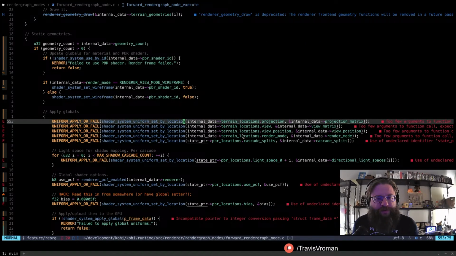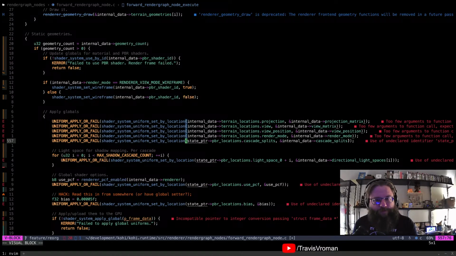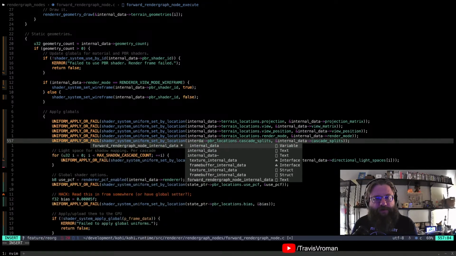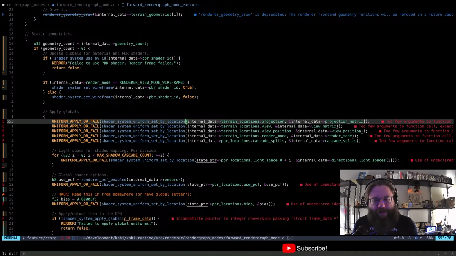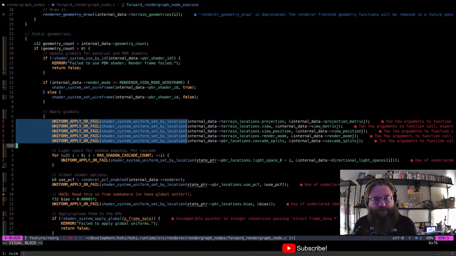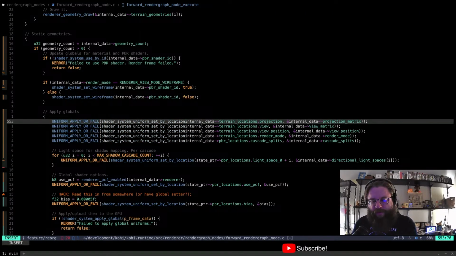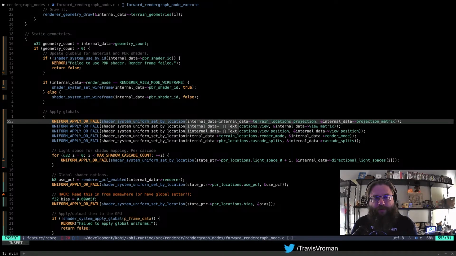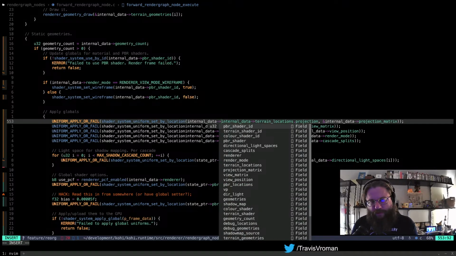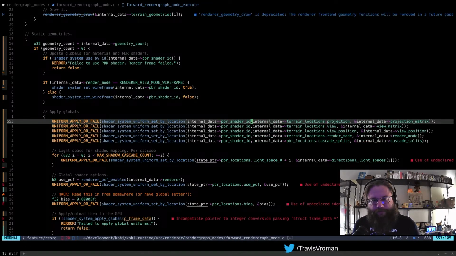And then here, set by location, oops, that should be internal data. We're going to have to do this and say internal data, PBR shader ID, comma.